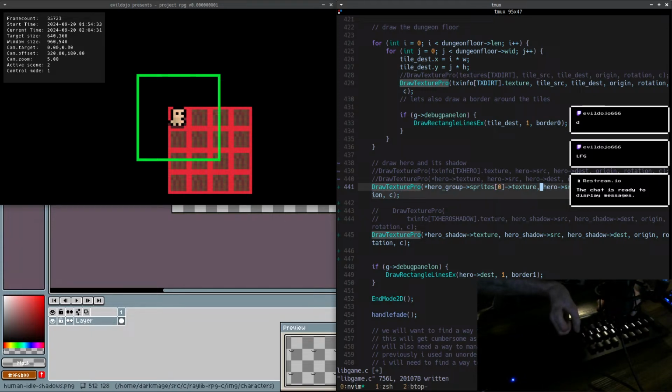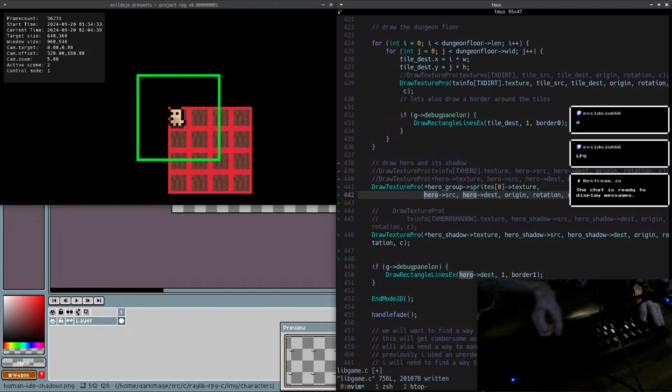Now, accessing this is awful, right? So this is hero group pointing to sprites of 0, pointing to source,